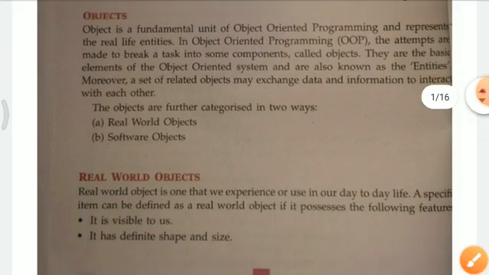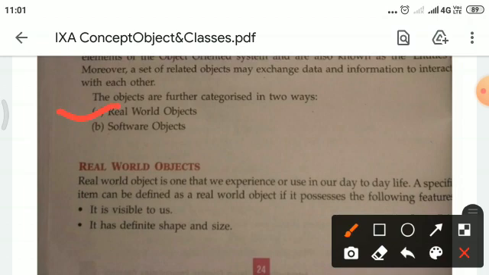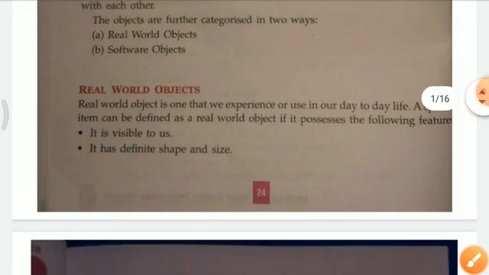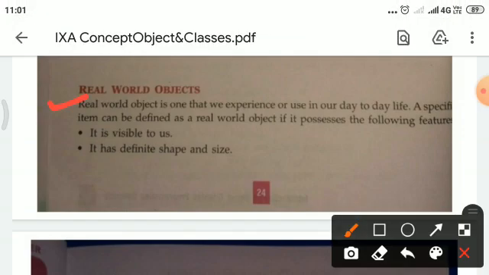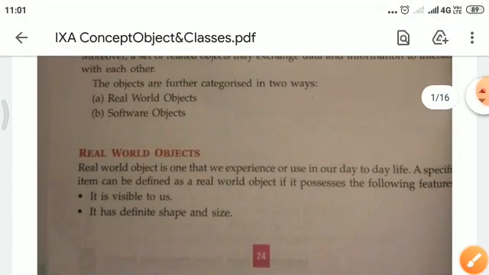Now, objects can be categorized into two parts: real world objects and software objects. And what are real world objects? A real world object is an entity that we experience or use in our day to day life. Every real world object has some characteristics and some attributes.